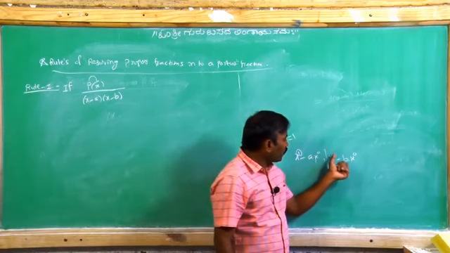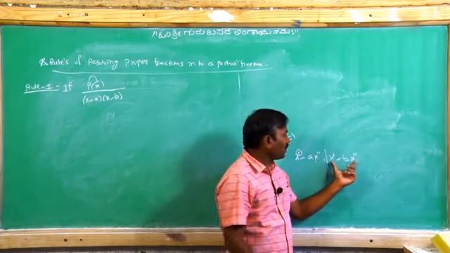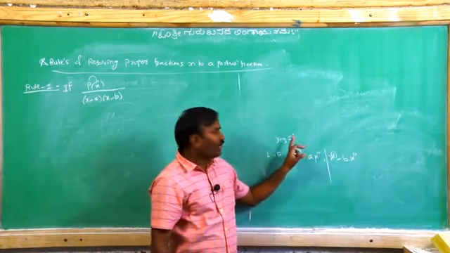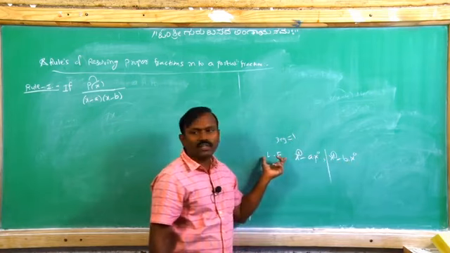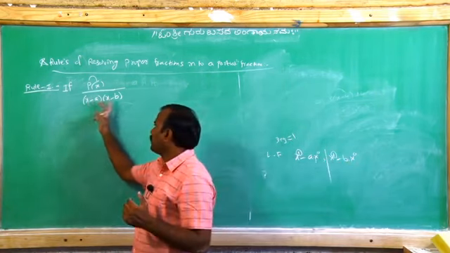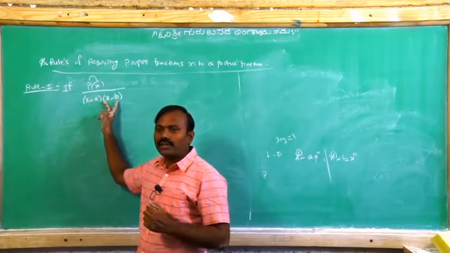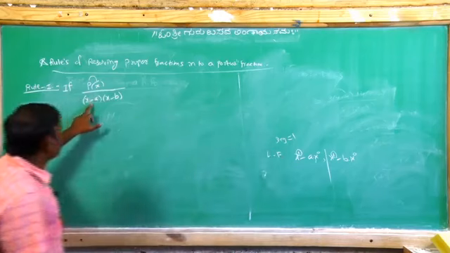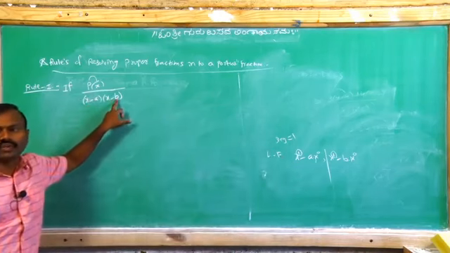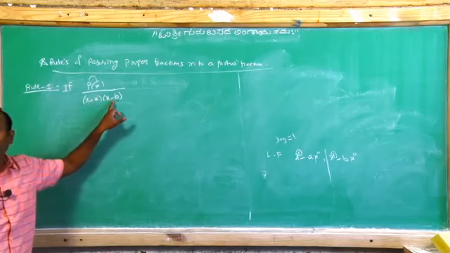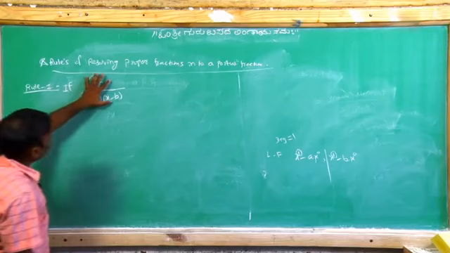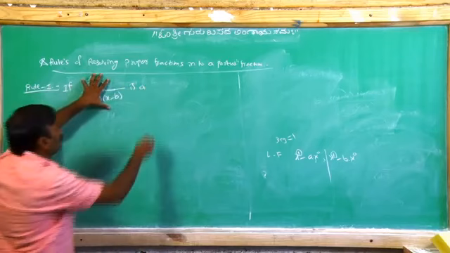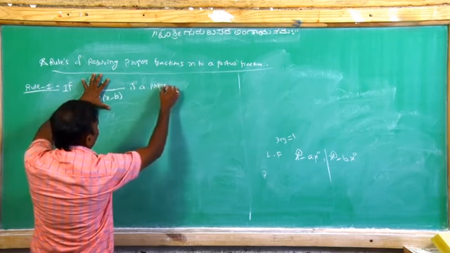Next, the second one, x power 1 minus b into x power 0. Here the highest power of x is 1, so the degree is 1. A first degree factor is called a linear factor. Means x minus a and x minus b are first degree factors, and first degree factors are called linear factors. If this fraction is a proper fraction,